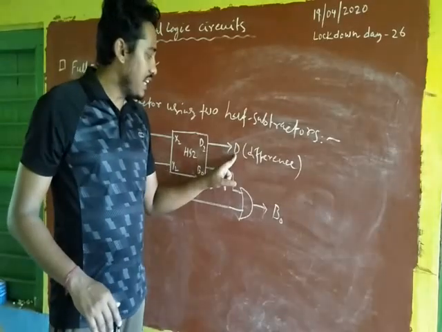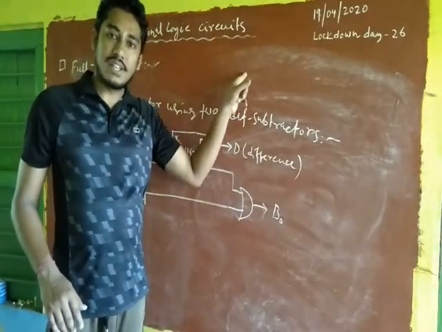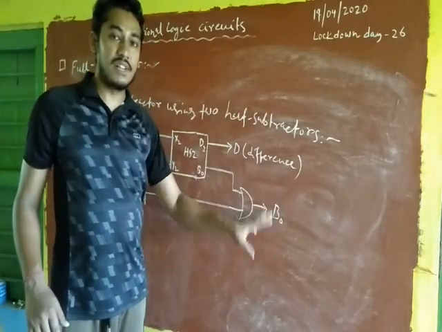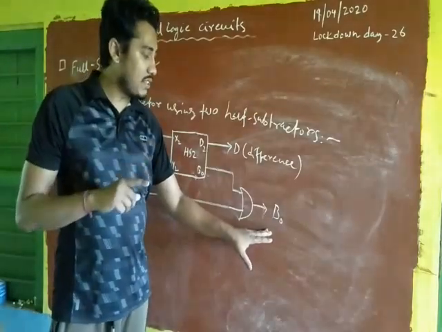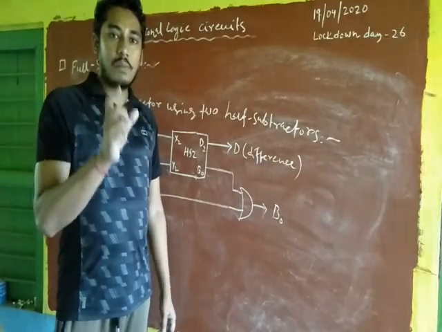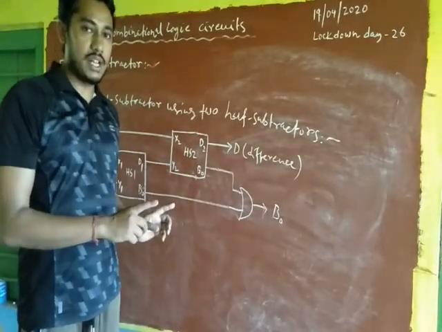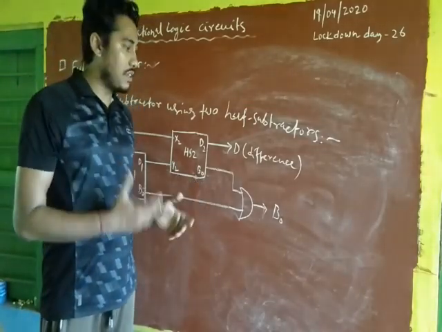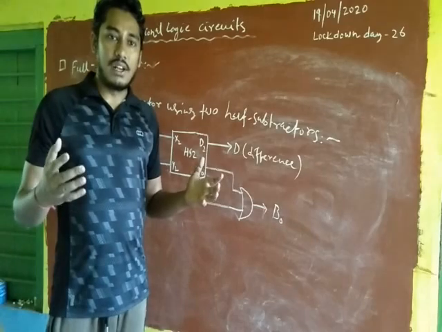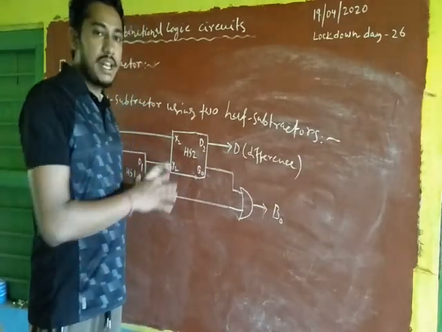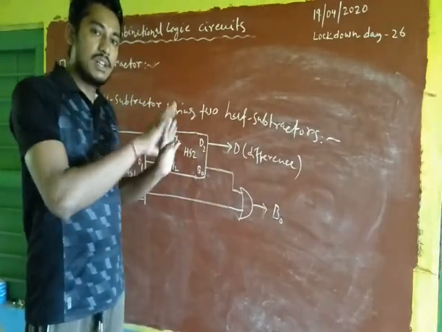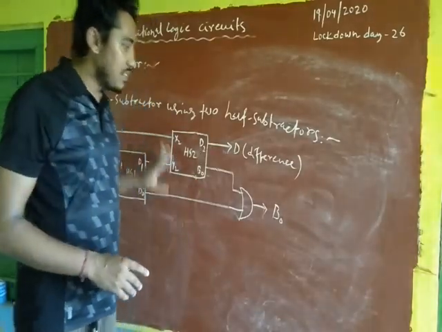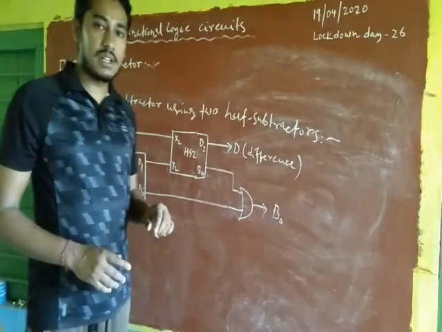The difference D and sum S are the same, but the borrow output and carry output are different. They differ only by the complement of one input. Okay, so here we have represented it by X complement. So using this similarity we can easily design any full subtractor circuit from the full adder also. Okay, from this similarity. So this is the relationship between the full subtractor and full adder.